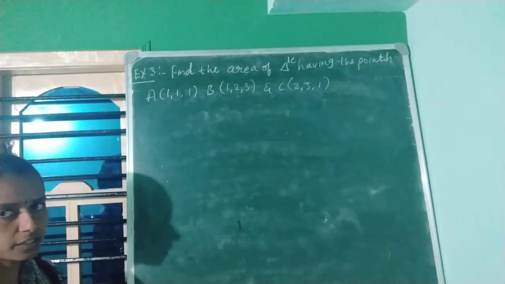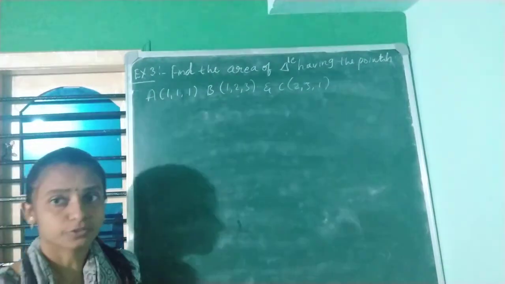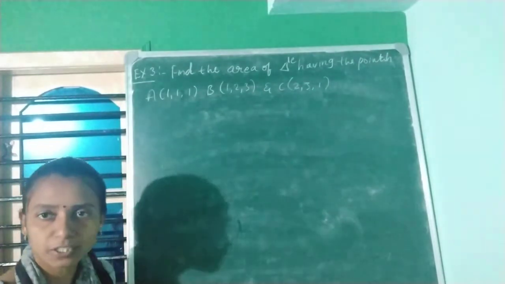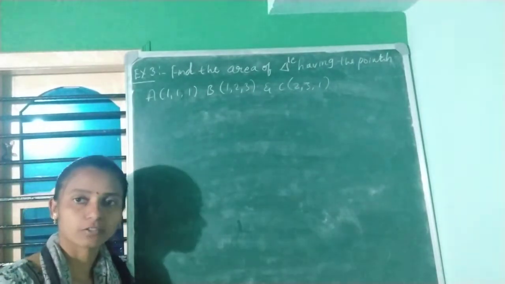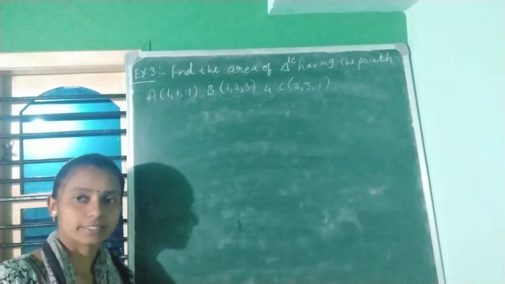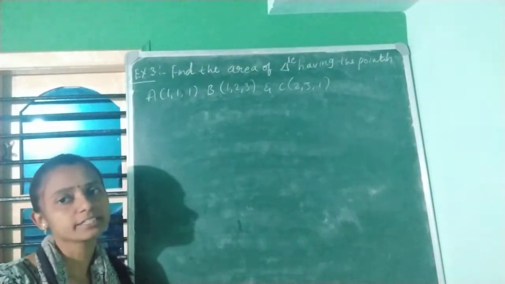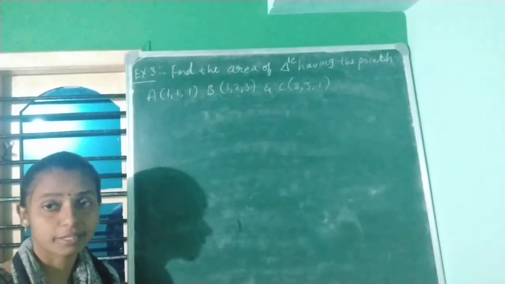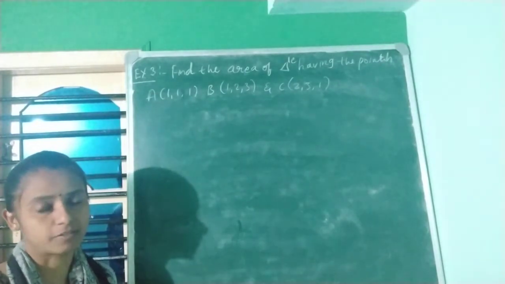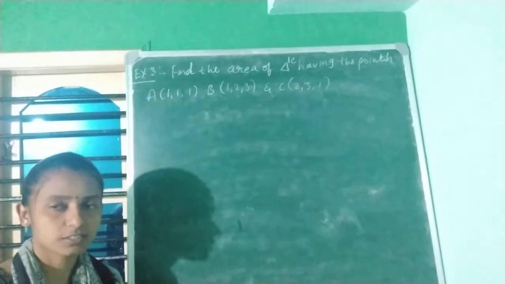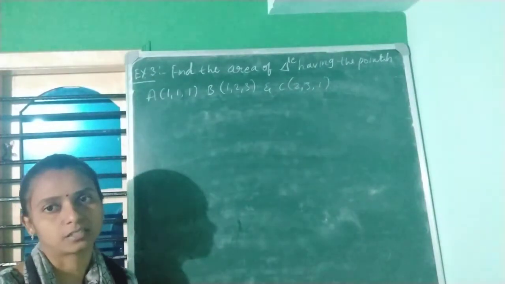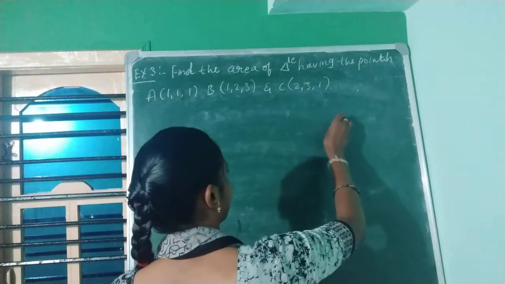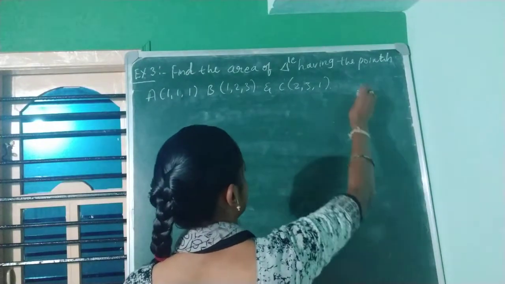As you know, if two vectors are given, then to find the area of a triangle you can go with the cross product of those two vectors, then take the magnitude of that, then divide it by 2. That will be the area of a triangle. But here 3 vertices are given. With the help of 3 vertices, you need to get two vectors. Here I take this as point A, point B, point C.